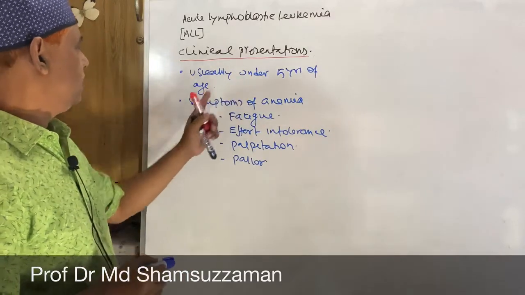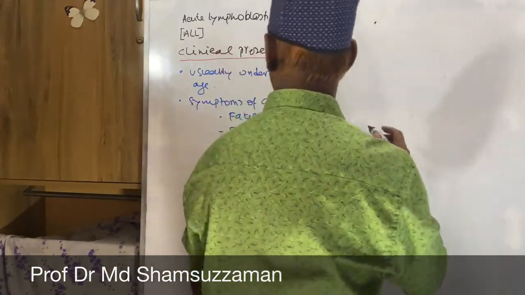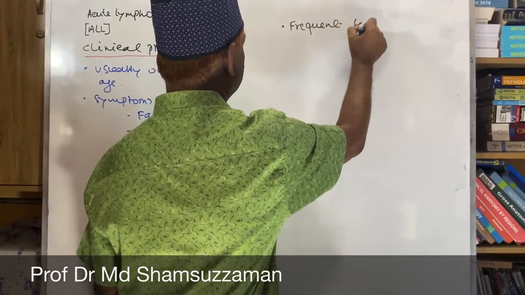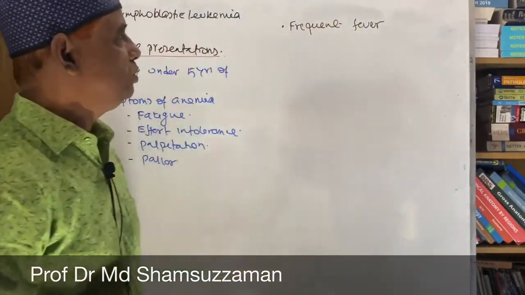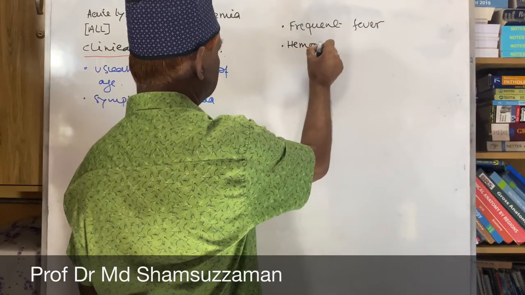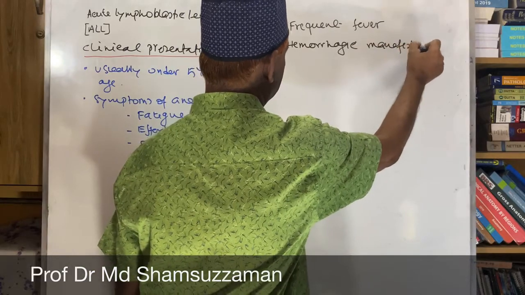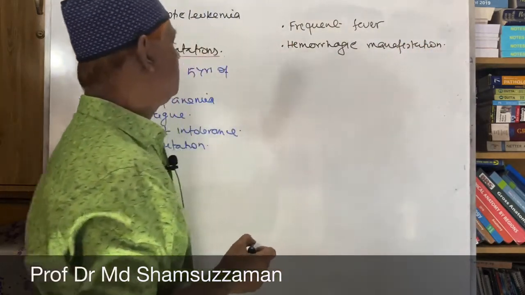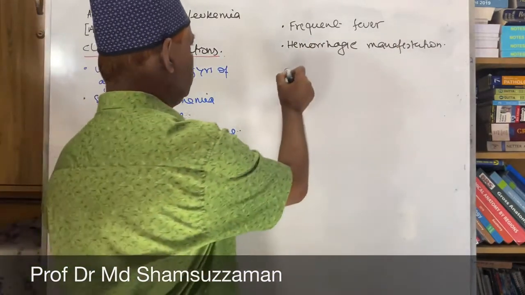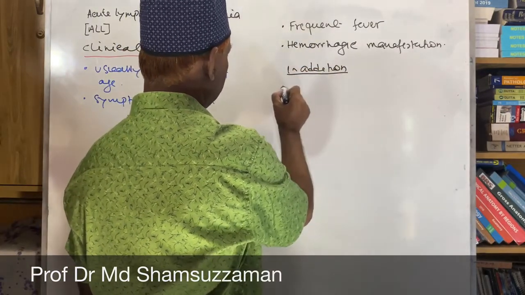First one is age of occurrence, then symptoms of anemia, then frequent fever. The patient will come to you with frequent fever, then hemorrhagic manifestations. These are the common clinical presentations. In addition to this, there may be